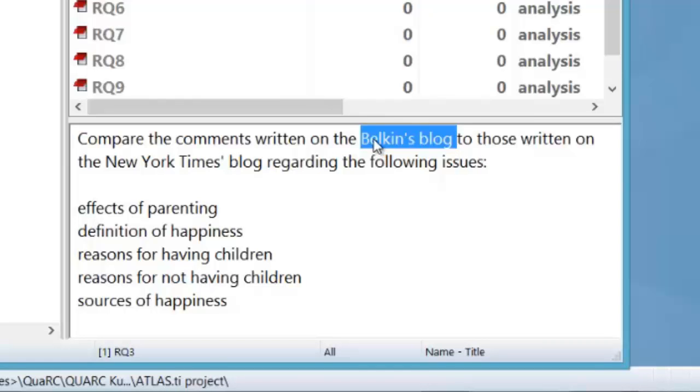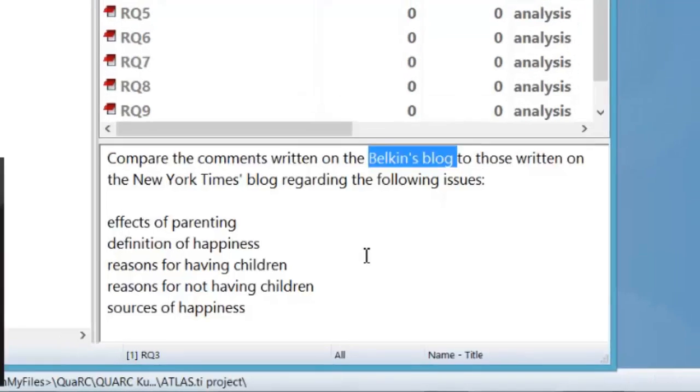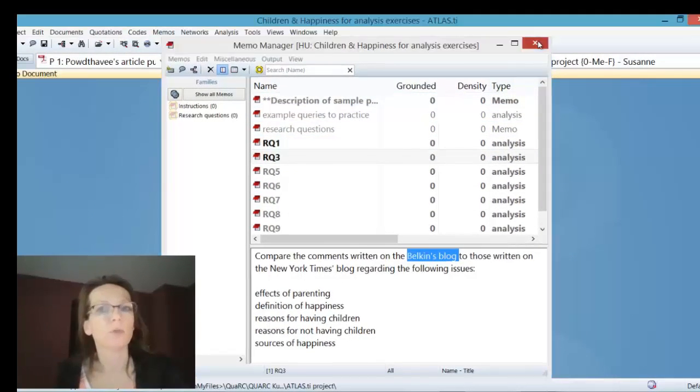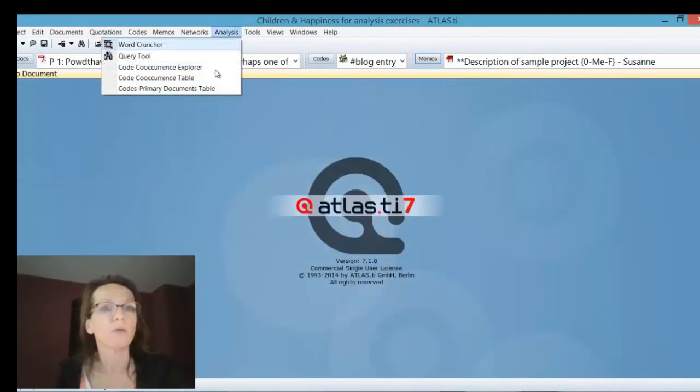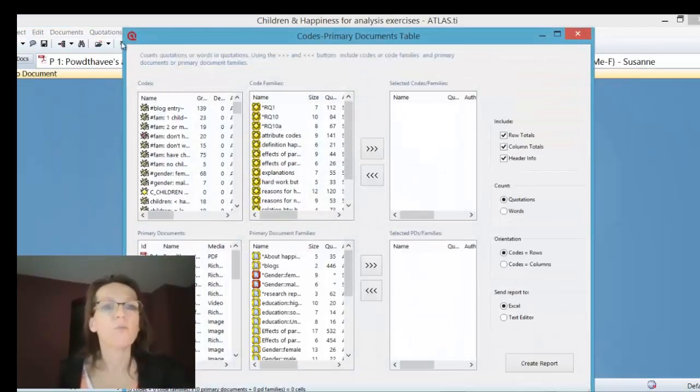So we are comparing basically two documents, but you could also compare two document groups, and this is what I'm going to take up in research question 5, where we work with document families comparing males and females. So this is all what you can do with the code's primary document table if you want to make cross-case comparison. So if I open up the table now,